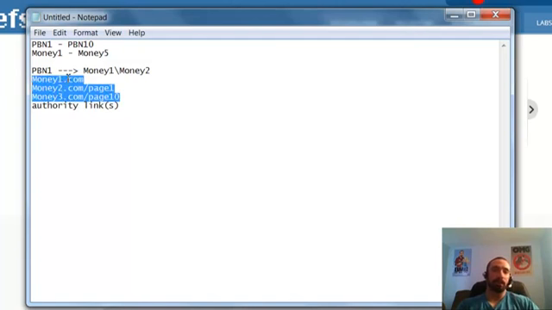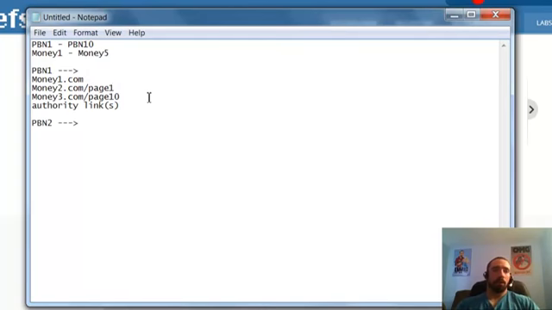I wouldn't keep linking to money1, 2, and 3.com over and over and over again. If we've got 5 money sites and we do this on PBN1, on PBN2, we're trying to rank 5 money sites in the same niche. On PBN2, I might do money1.com. It doesn't matter if it's the home page or an inner URL, it's the same site we're linking to. And then I also might do money4.com this time. These two haven't really been linked together yet. So I'll just do 2 for that one, maybe 1 authority link.